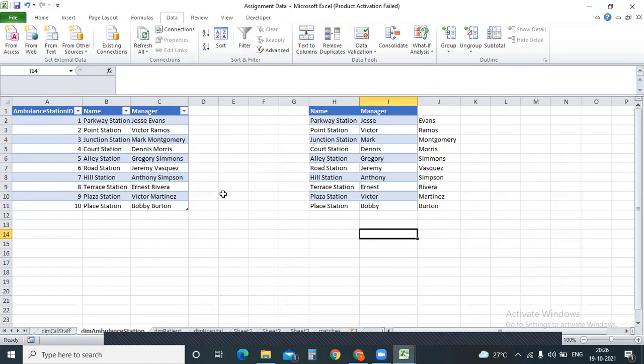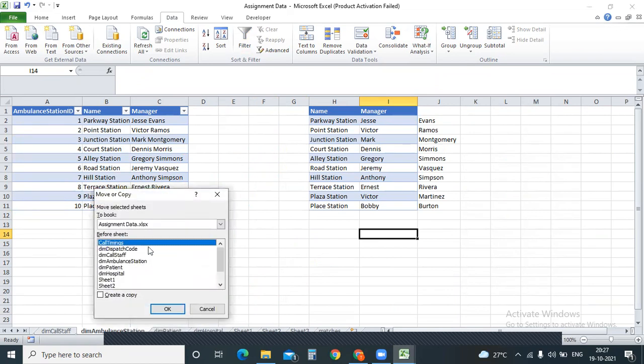I can copy paste, everyone knows, but I suggest don't go for copy paste, because sometimes it will be a hectic process. If you have a huge data like 1 lakh rows or 2 lakh rows, it will take too much time. Copy, right click on it, move or copy.